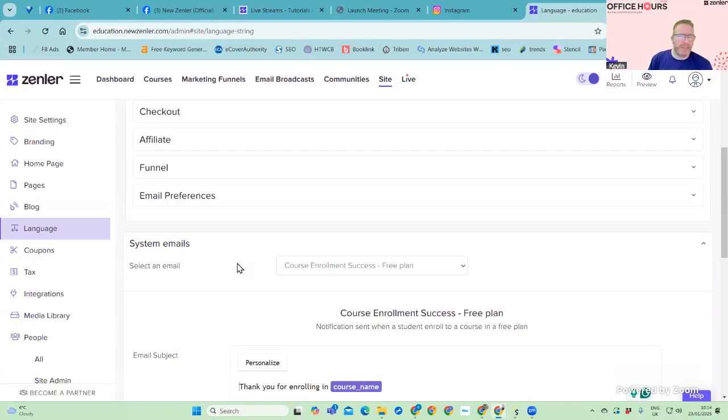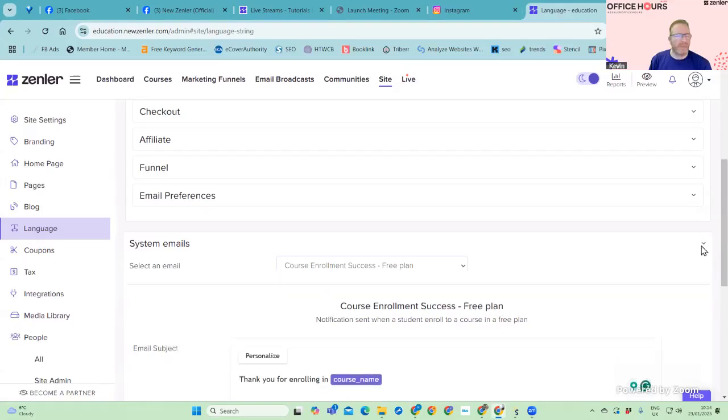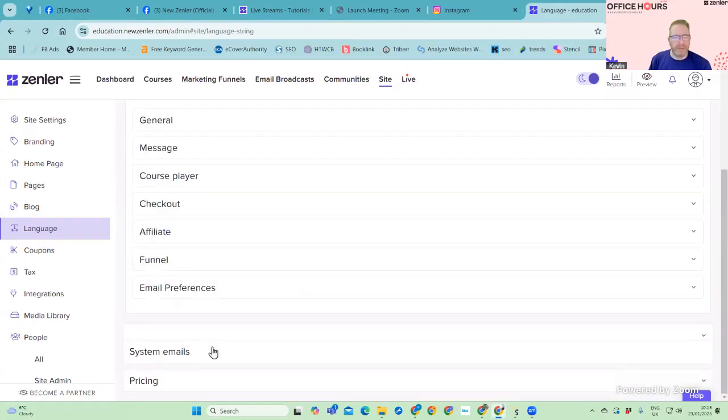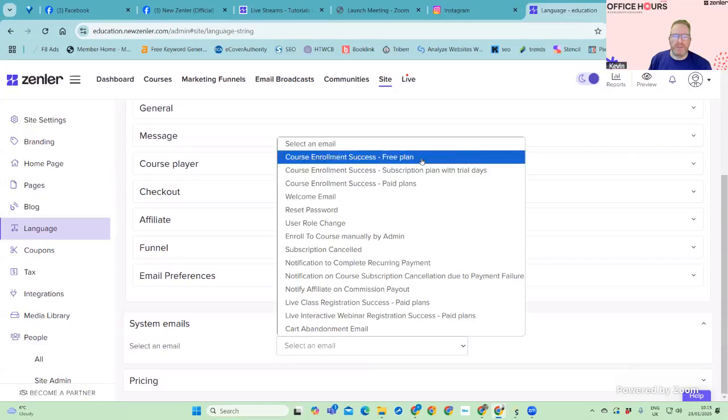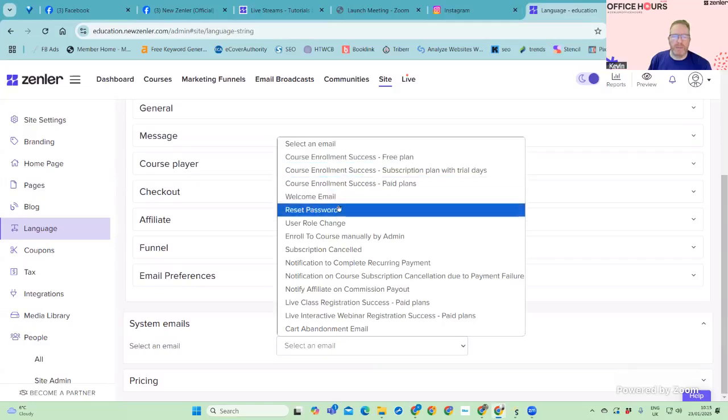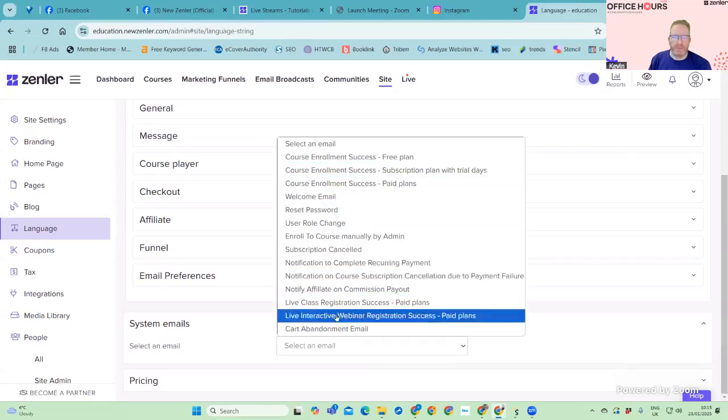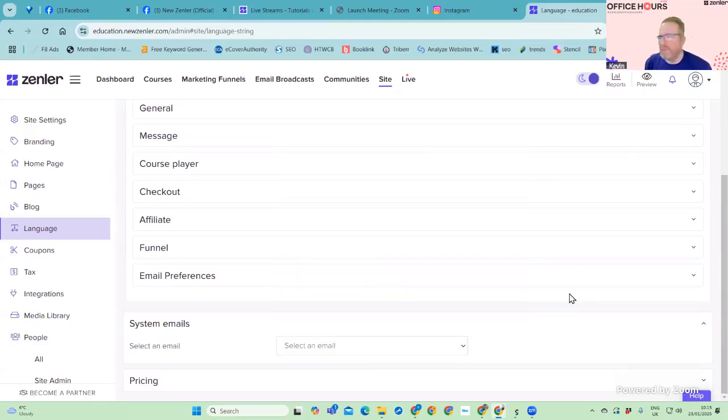So that's in live language. Scroll down, system emails. Click on those and then choose the ones that you want to go through. And then there's only what, 1, 2, 3, maybe not that one if you're not going to do that one. 4, 5, 6, 7, 8, 9, 10, 11, 12, 13 there. 14 in total. Take you half an hour, maybe an hour to go through, maybe a bit quicker. And then at least when it's done, it's done. And then you can go off on your merry way, knowing that what you've got there is really, really good.